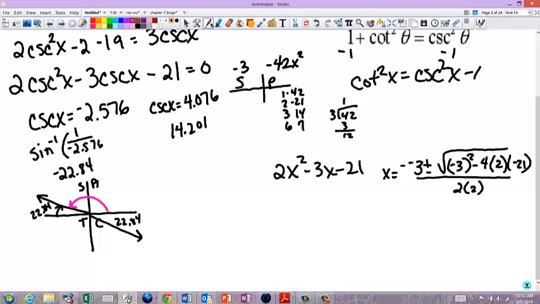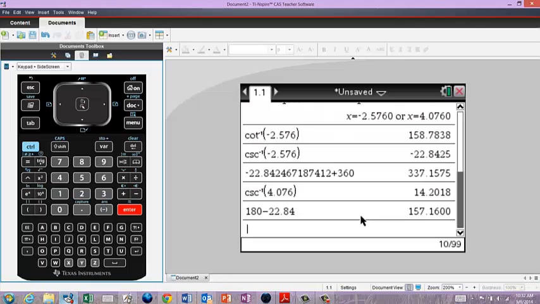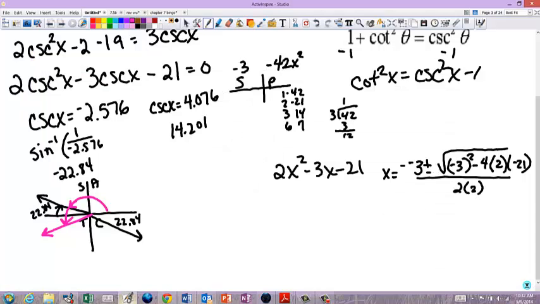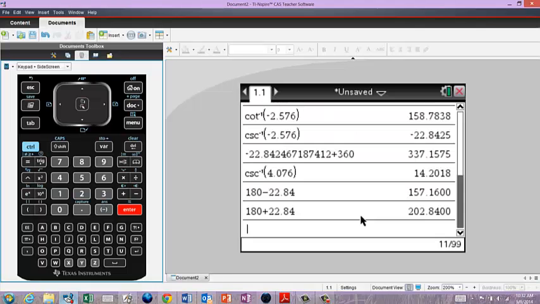Cosecant is negative where sine's negative, so it's in these two quadrants. So this one, I would do 180 plus. Gosh, I'm sorry. So that's 202.8. There we go. Golly, I'm off my game today. And then the 337, you do 360 minus 22.8, and we've already done that one. It was right here,